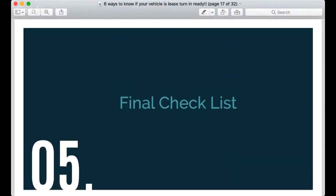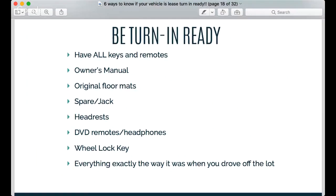And next, your final checklist. So be turn-in ready. So first, you want to have all of your keys and your remotes, your owner's manual, original floor mats, the spare tire and the jack,